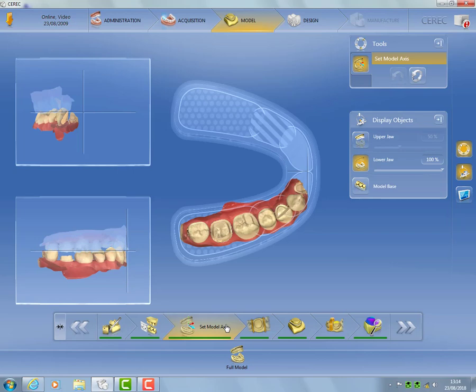To give the computer a better proposal, it is ideal to actually give a little bit more model data. So that is scanning a little bit more of the arch. As you can see here, going around to that bicuspid and getting a little bit of the curve of the arch helps align this much better automatically